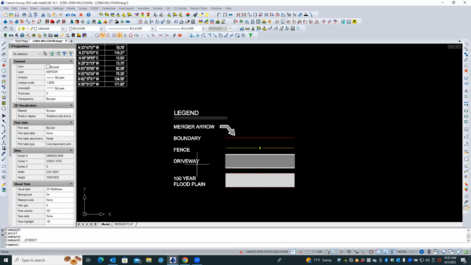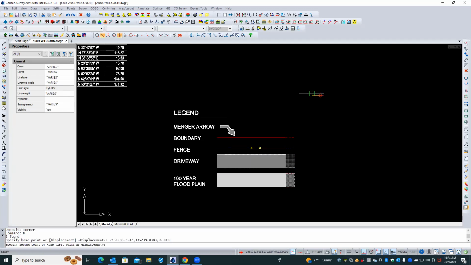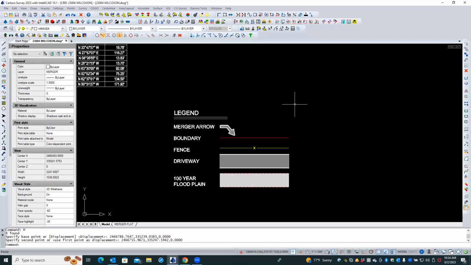So the best thing to do is get that space to where they're going to fit, and then slide these things up and down to match how they're going to fit over there. In fact, I would take those items and bring them up, sort of line them up with the left edge of that merger arrow. Okay, so now that that's done,